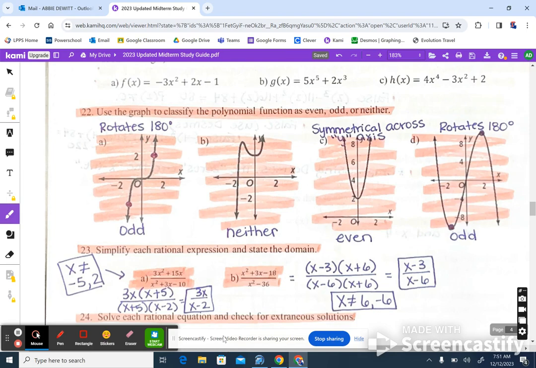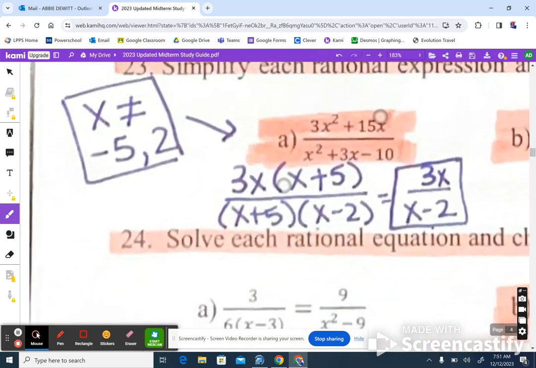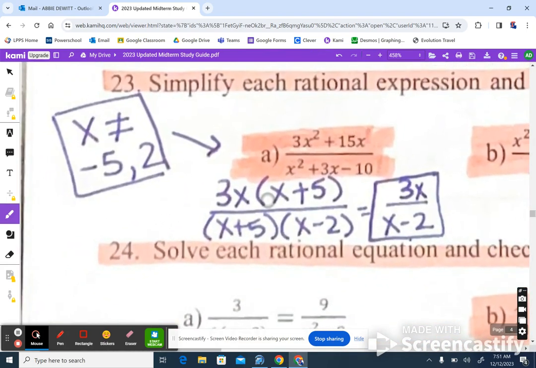Okay, number 23. I was able to fit the work for part A on this paper. Your GCF is 3x. That is because out of both of these terms, I can factor out a 3, and I can factor out 1x. When I take